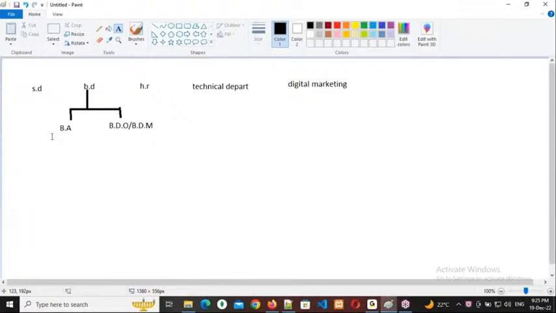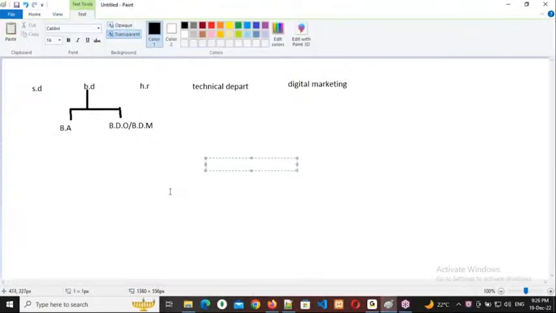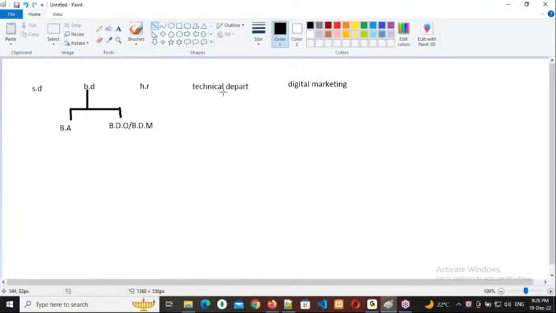Yeah, Pawan, you want to ask anything? Right. Once the requirements are finalized, thereafter they will conduct a meeting with the technical department. Before conducting that meeting, this business analyst will send the requirements documents to the technical department. So how many technical departments will be there? There will be multiple. One is